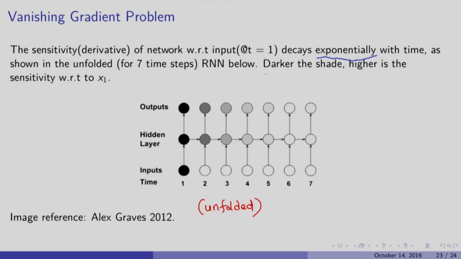So for 7 time steps we find that the configuration at time equals 1 is extremely sensitive to the input at time 1, but then the effect of gradient update across these time steps is drastically, exponentially reducing, so much so that any update you do at the 7th state and try to reflect that on the weights that should have been at the hidden layer configuration corresponding to the first time step or the first index is going to be practically 0. So the effect is really vanishing.